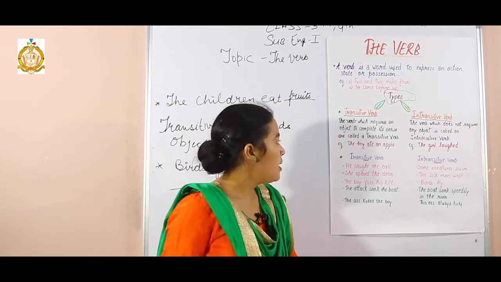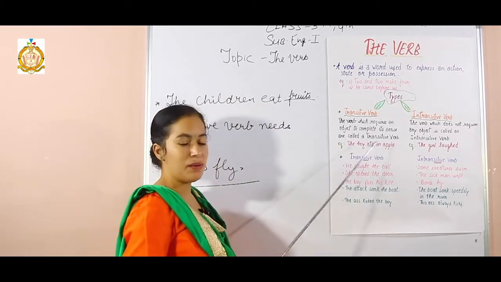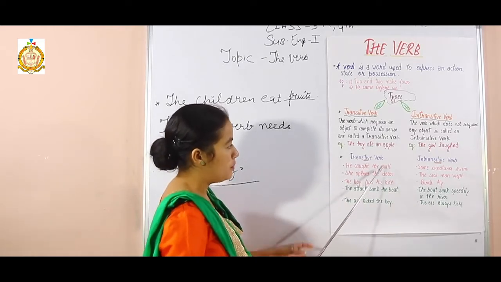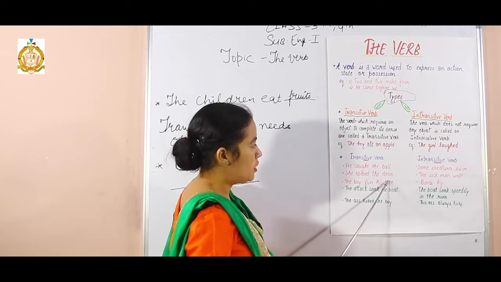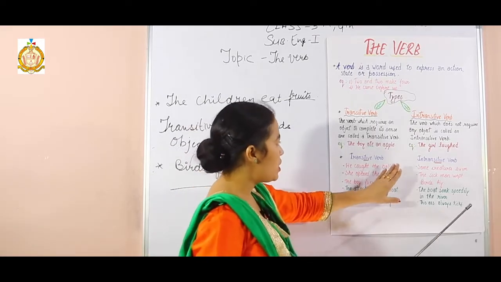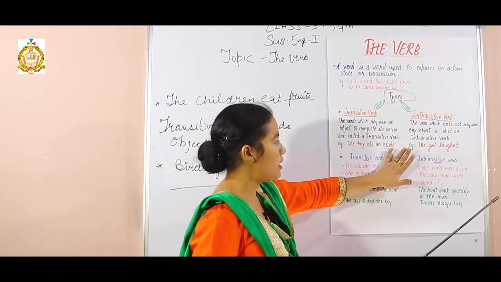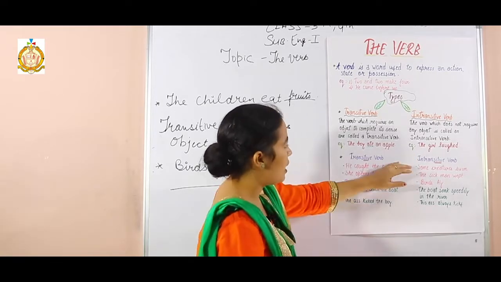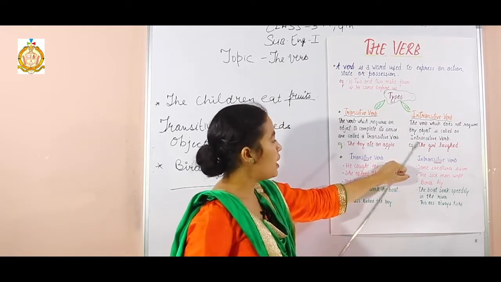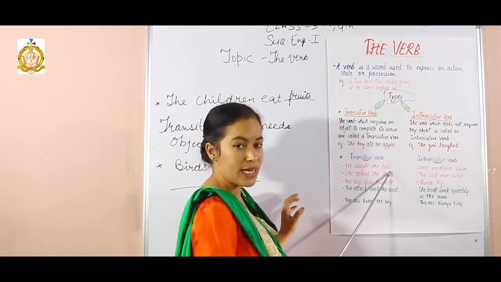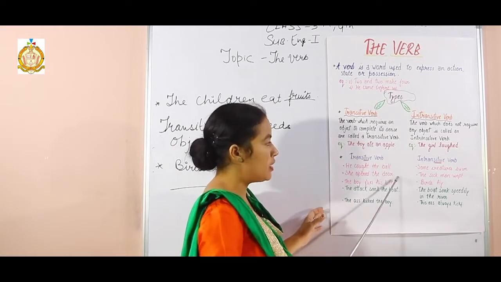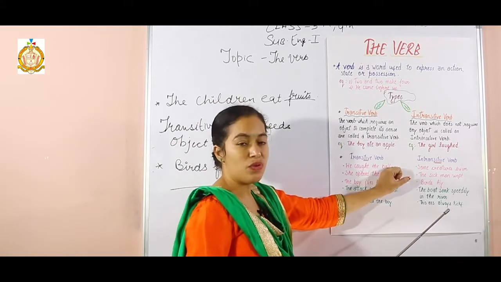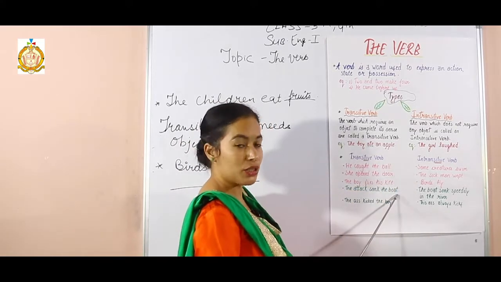Okay. Now there are some examples of transitive verbs and intransitive verbs. He caught the ball. She opened the door. If I write over here, he caught the dash, then it will not convey a full meaning. So here it requires an object, that is ball. He caught the ball. She opened the dash. What did she open? She opened the door.